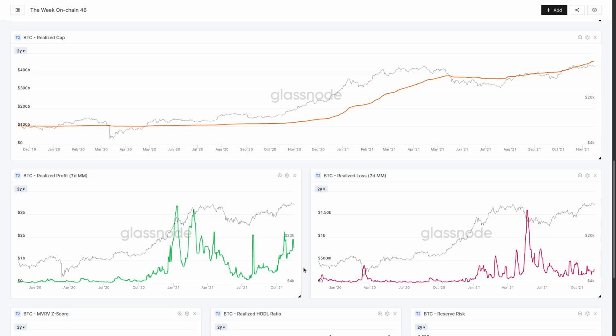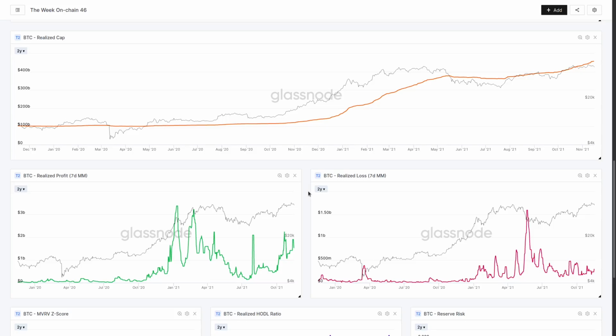If, on the other hand, we start to see this slowing down of our realized profit, even a slowing down of our realized loss, although a capitulation event is generally a good thing to see because it shows that people who bought the top are getting flushed out. But generally what you want to see is less people spending as price pulls back. And that's generally signaling they're more likely to be stepping in and actually buying the dip than selling at cheaper